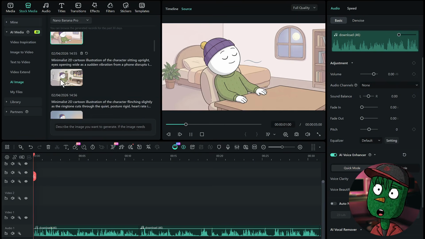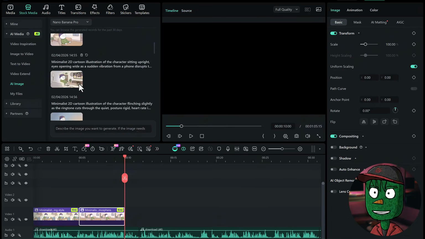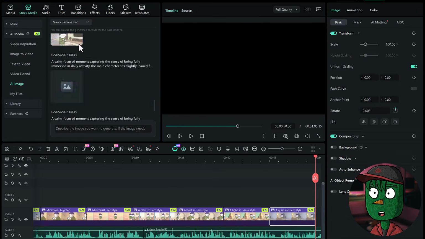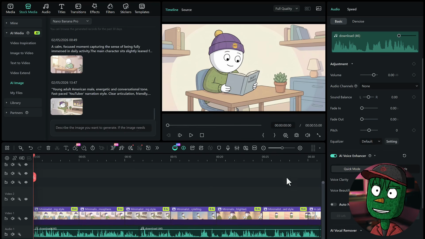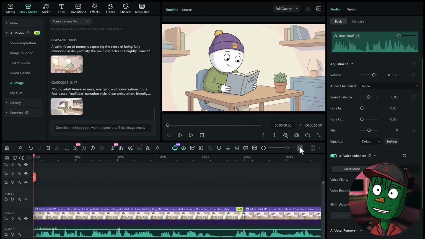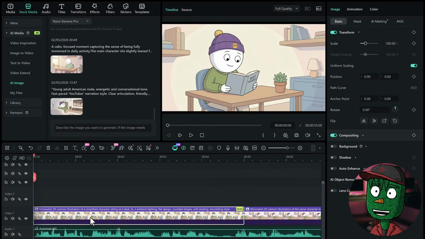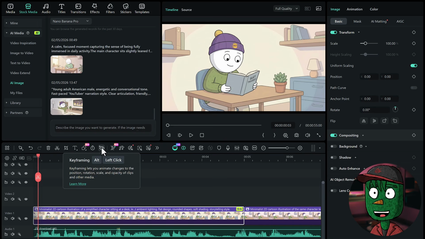So now that we have all these images, the next step is to start adding them into the timeline one after the other. So what you just need to do is make sure you zoom in the timeline just like this, so you can see the entire timeline, and then the particular clip you're working on, which is this one for example, just move your timer on top of it like this, and then click on this icon here, which is keyframing. Okay, so now that your timer is on top of the clip, what you just want to do is click on this icon to add a keyframe.